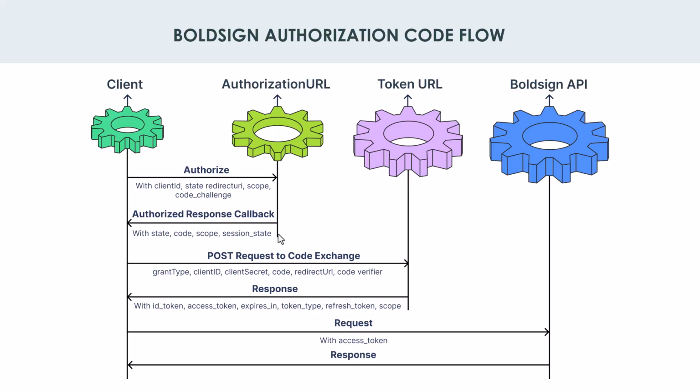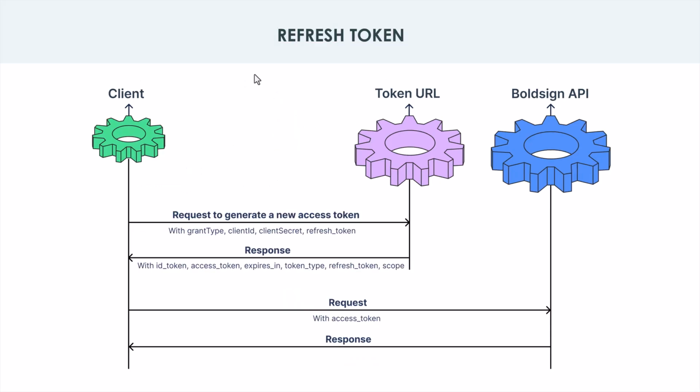Next, exchange the authorization code for access tokens by making a POST request to the token URL. This will return the access token, expiry time, token type, refresh token, and scope. Once you have the access token, you can make BoldSign API calls. If the access token expires, you can use the refresh token to get a new one by providing client credentials